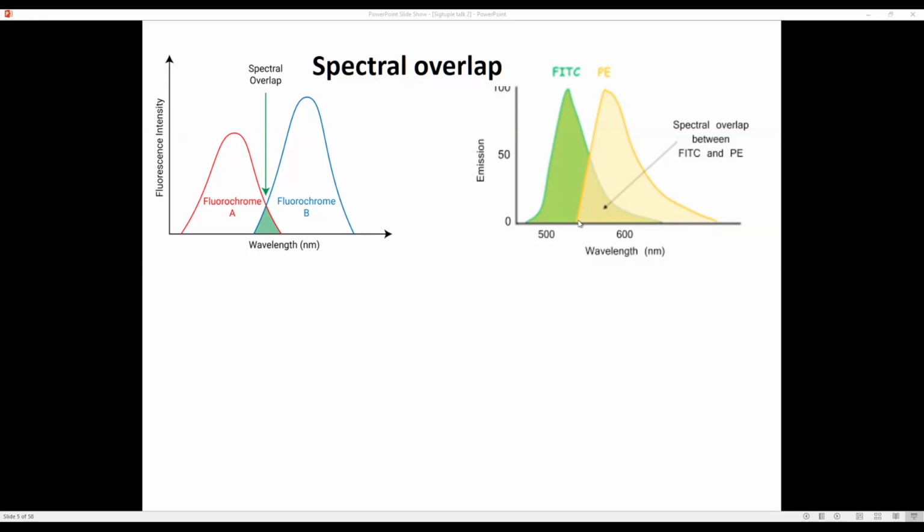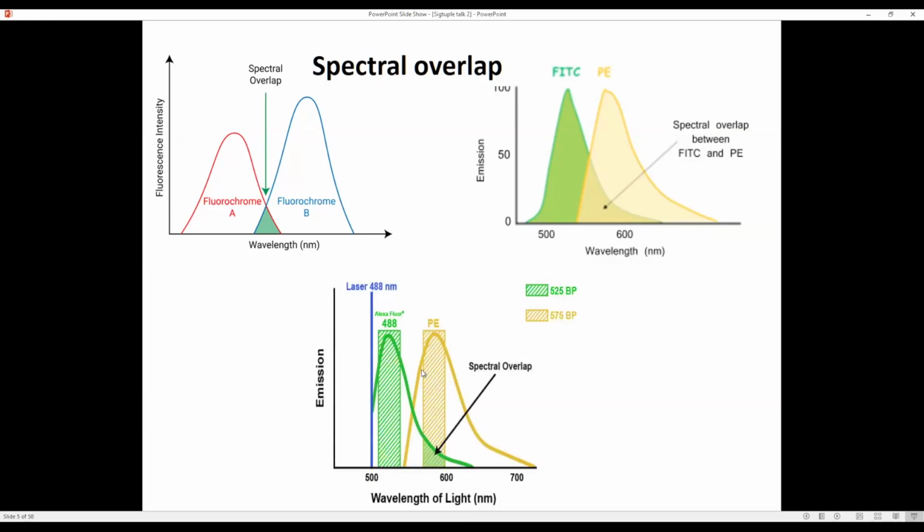And at one point, for example, say 550 to 600, you have an overlap. This is called spectral overlap between two fluorochromes. So what is the problem with that? The problem is that